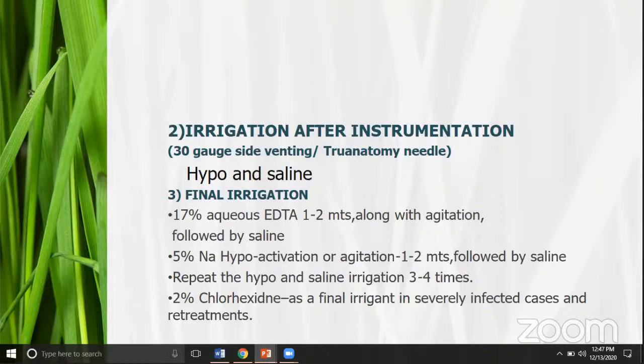Once the EDTA has been used with the hypochlorite, always make sure that you have removed every remnant of hypochlorite before using chlorhexidine, as mixing is not advisable. Use a separate syringe and needle. Wash out the hypochlorite before using chlorhexidine. Then always use Luer-lock syringes. 5 ml is the